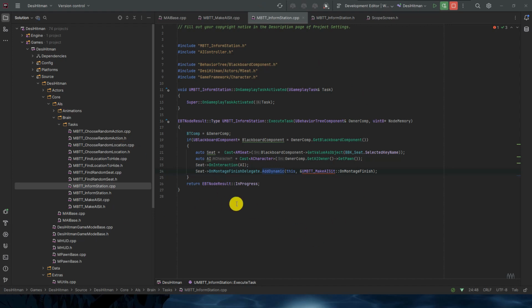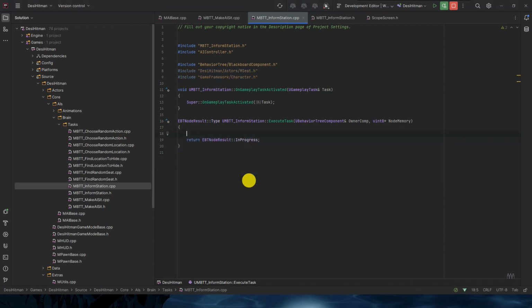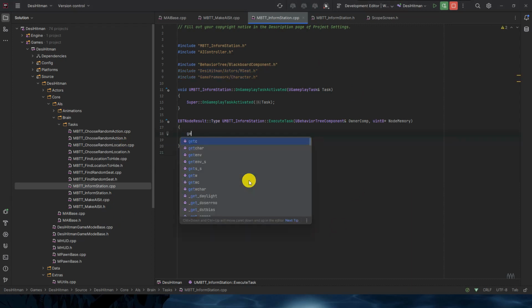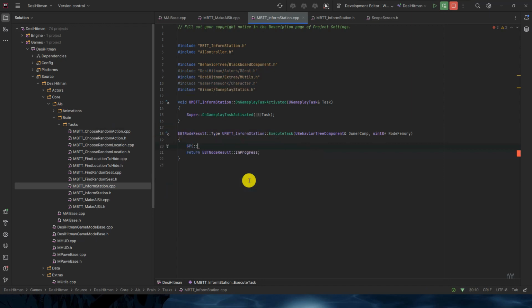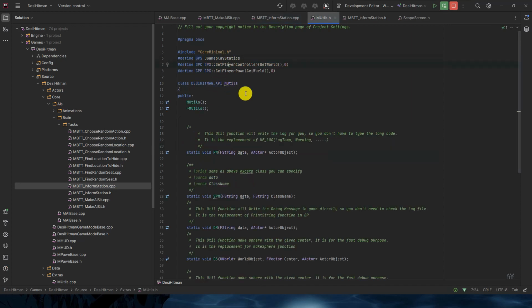So maybe first I will delete this whole thing. I will get GPS, get gameplay statics, Alt Enter, and add get game mode. I think we already put a shortcut for the game mode, if I'm not wrong.